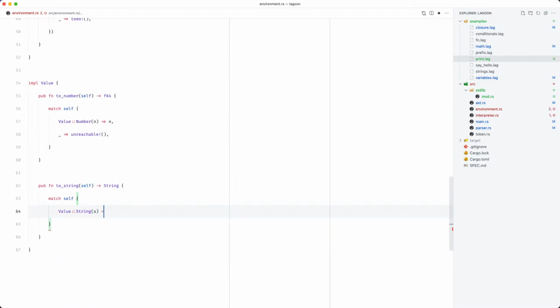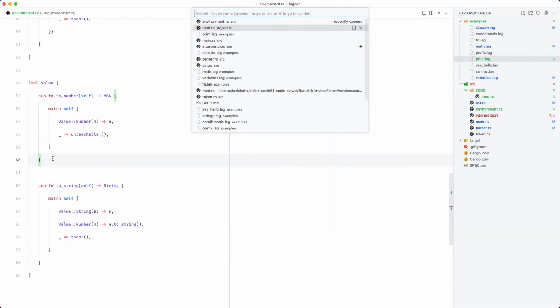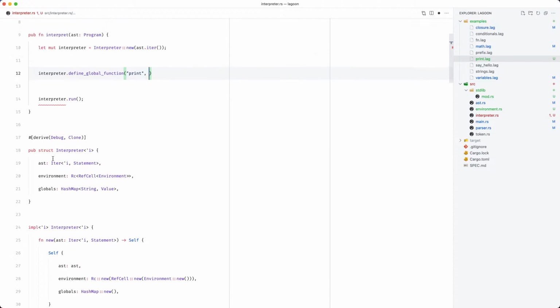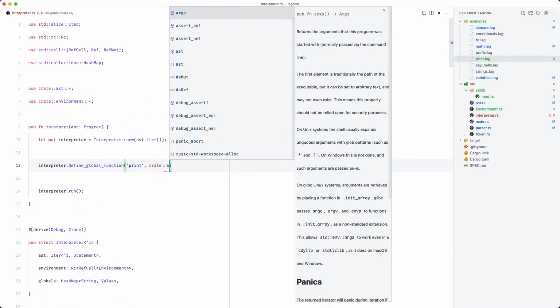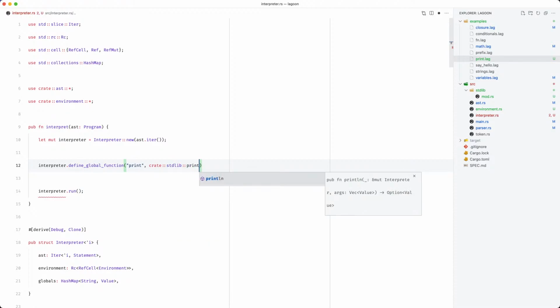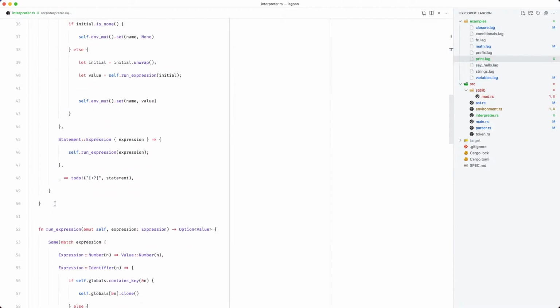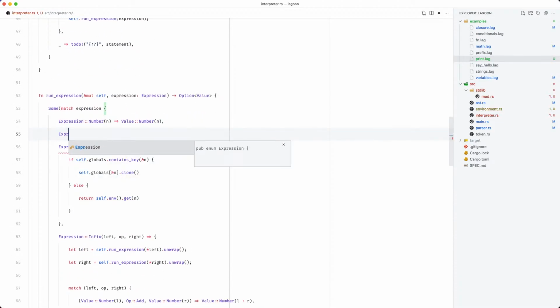If we have a value of type string, then we can just do s. If we have a value of type number, then we can do n.to_string(). Otherwise, we'll say todo. We also need to create the standard lib println. We also need to support this as an expression type. So Expression::String(s) is a Value::String(s).